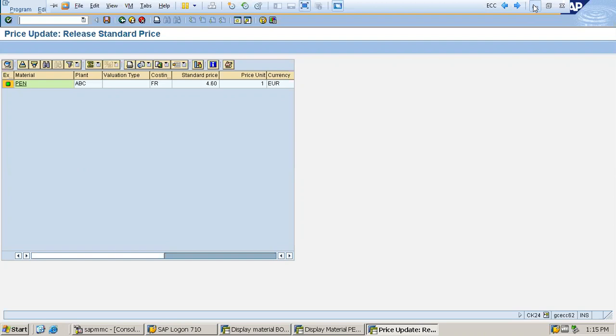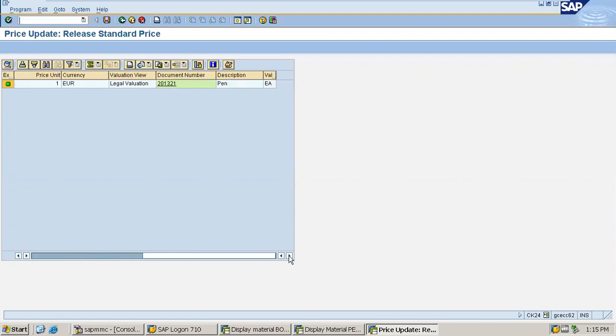Yes, it is done, and it is run. It is executed in the actual mode, and this line has come up with the standard price 4.60. Now, scrolling to the right, see, the document number has also got posted.